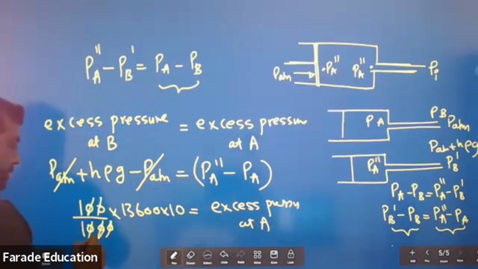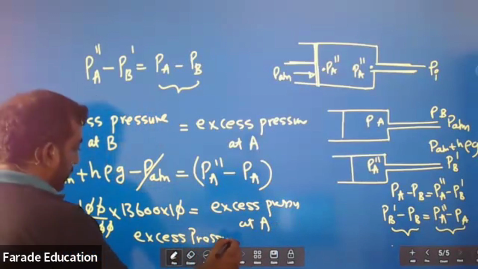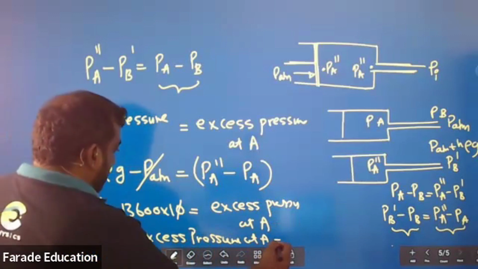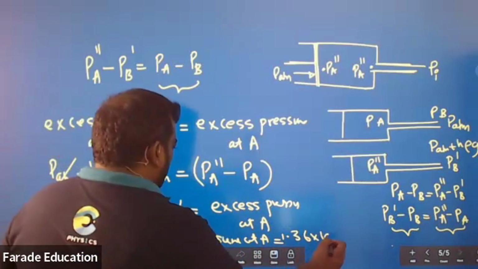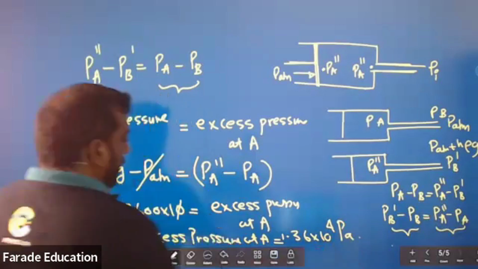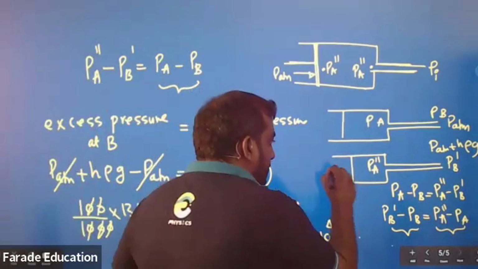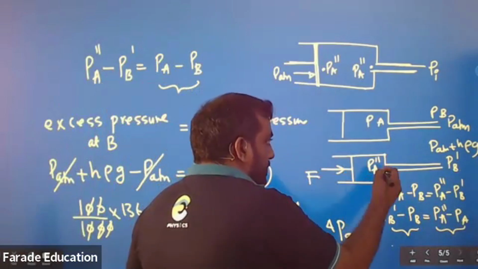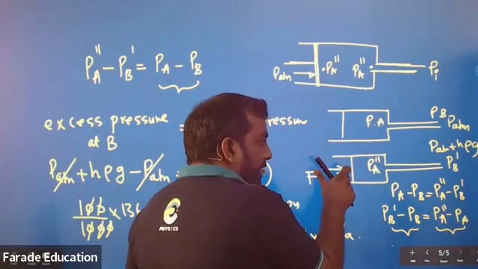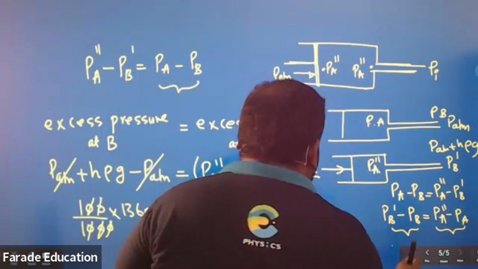Simplify the relationship. Excess pressure at A. For this excess pressure only, a force is generated. 1.36 times 10 to the power 4 Pascal. So when I'm pushing this, when I'm applying a force, there's going to be an excess pressure here, the pressure difference here. For the pressure difference only I have to apply. Okay, no? So the force applied